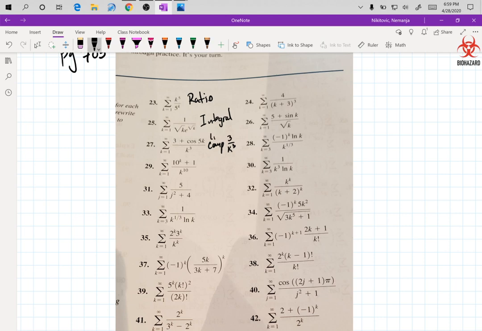You can do limit comparison if you want to. Any one of these that has stuff like this is the comparison,